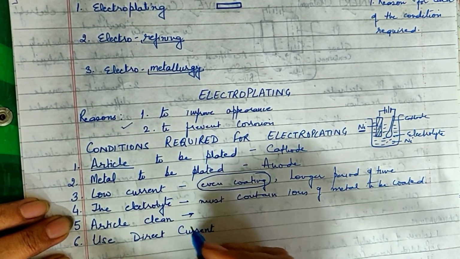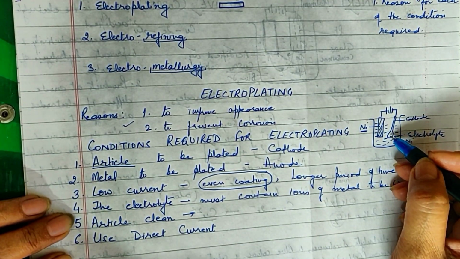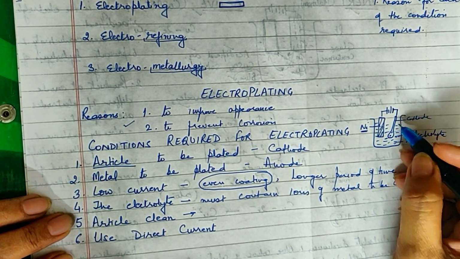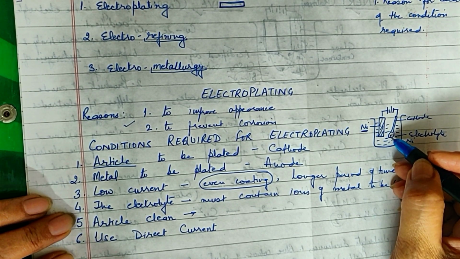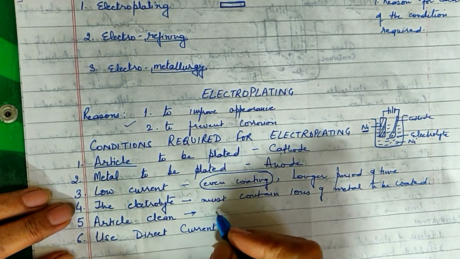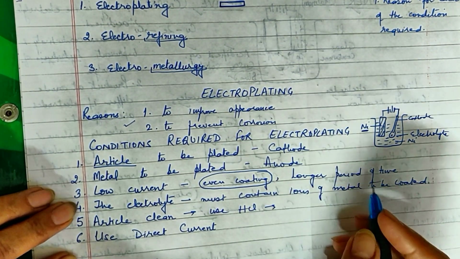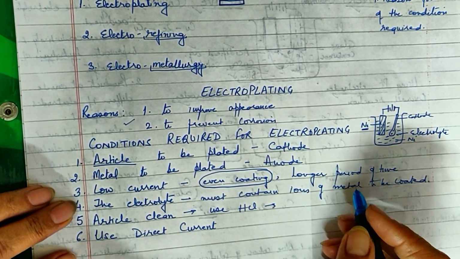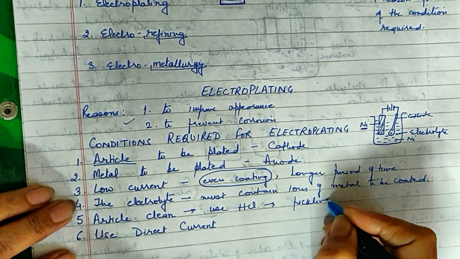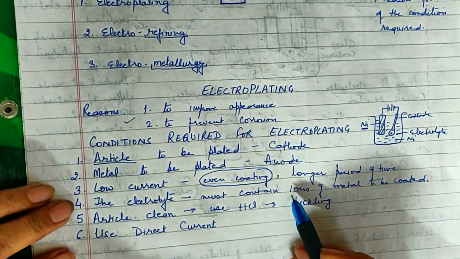The article should be absolutely clean. Which article? In this case, for example, say spoon, it should be absolutely clean. Like it should not have any rust or any marks over it. Now suppose there are some marks over it. When the plating will be done, it will not be even, it will be uneven because there will be a thicker coating over the marks. So article should be very clean, and for that we use hydrochloric acid, which dissolves all the impurities or the rusting or whatever corrosion is there. This process is also known as pickling of the metal. Pickling means cleaning of the metal using HCl. HCl has a property of dissolving whatever impurities are sticking over it.